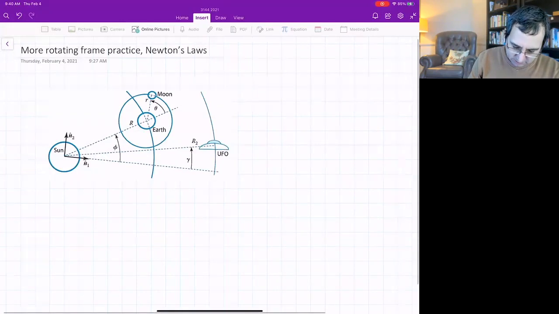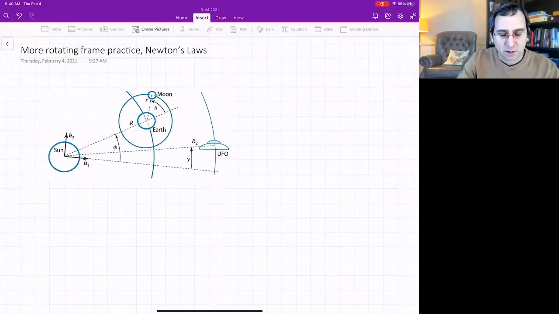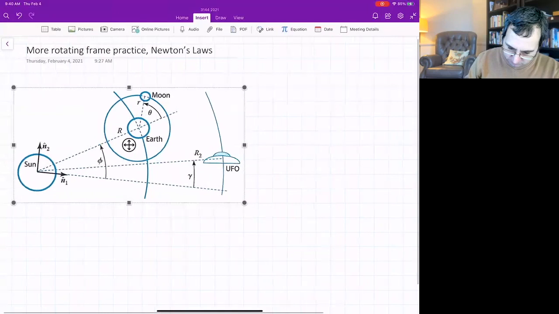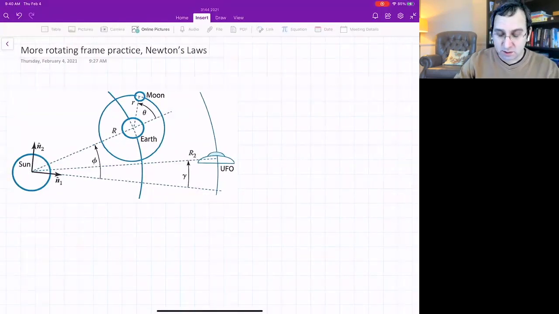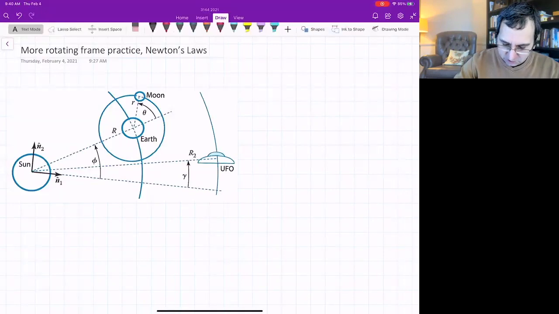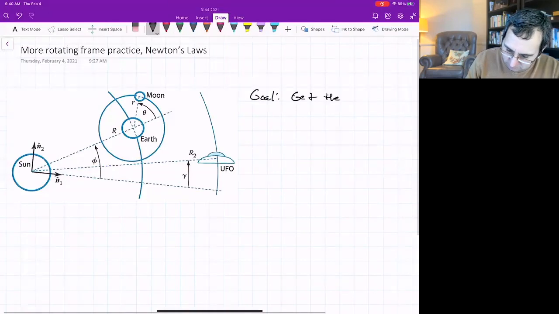Let's look at that problem with the planar model of the Sun, Earth, Moon system, and we will ignore the UFO. There are multiple ways that you could do this. We're going to focus on the moon's velocity with respect to the sun, or the sun-centered inertial frame. Get the moon's velocity with respect to the sun-centered